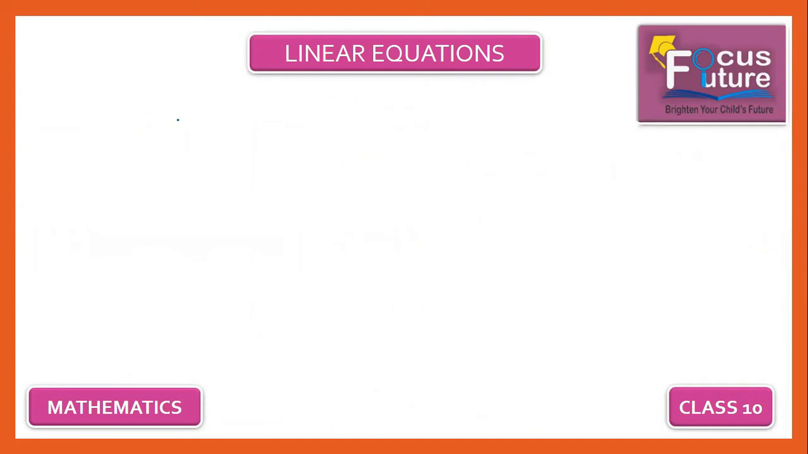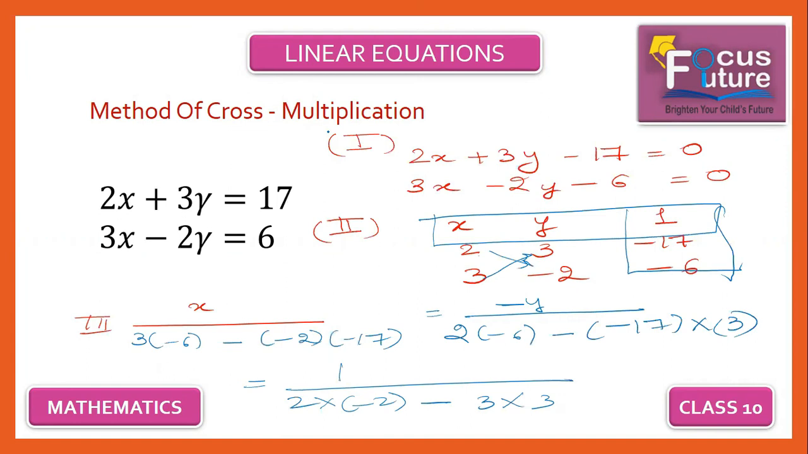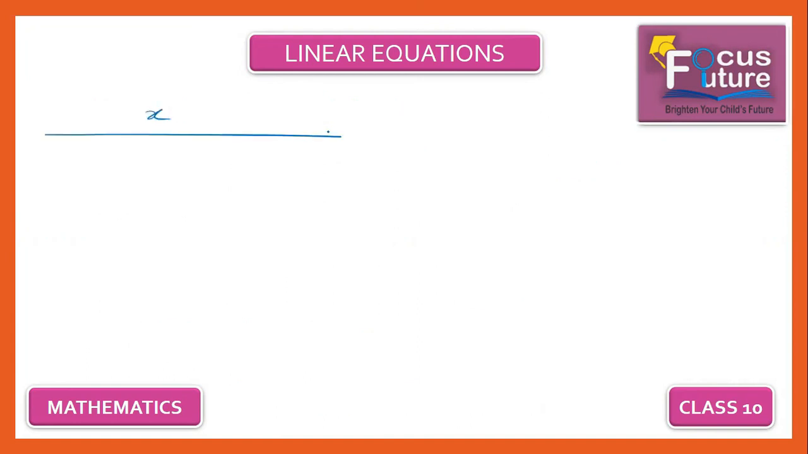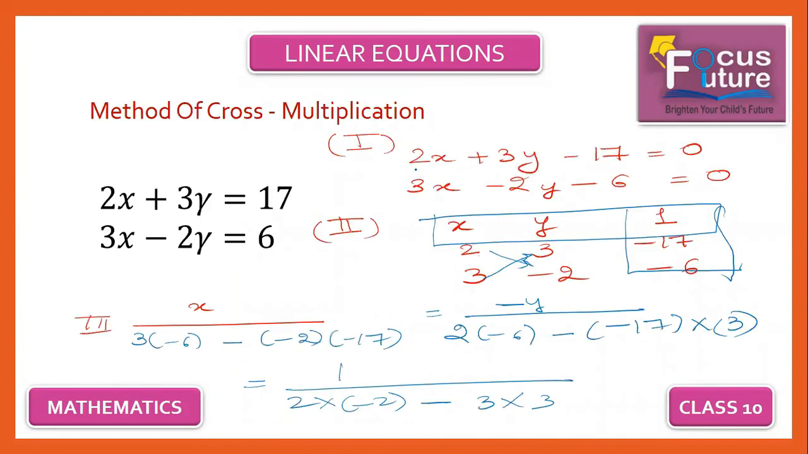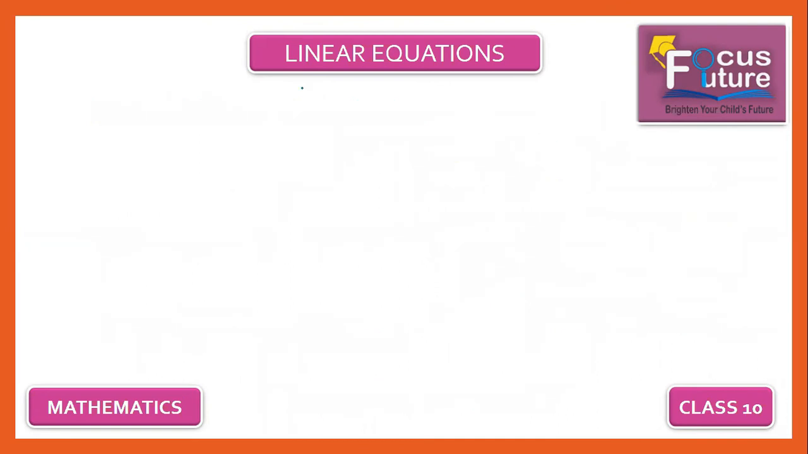So x divided by what? X divided by, you have 3 into minus 6 minus 18 minus 18. Sorry. So x divided by what you have. Now let us calculate the value of x and y. Now let us solve the denominator part of all. So we get x divided by